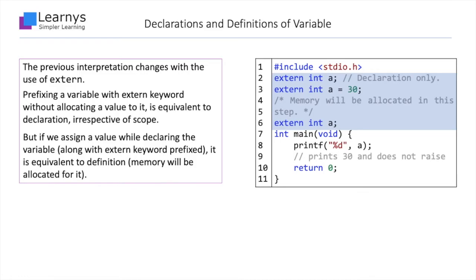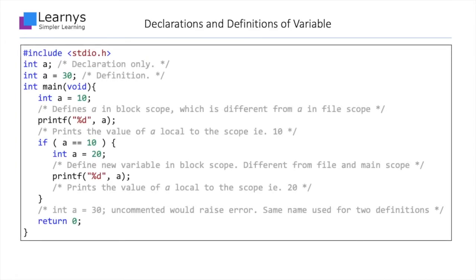All the concepts we have looked through before can be combined together in an example. The statements at the file scope, that is lines 2 and 3, are the declaration and definition of variable a. Line 5 creates variable a in the main function block scope. It doesn't contradict the earlier definition as these are different scopes. With the if statement, we create a new scope where we create a new definition for a, which expires with the execution of the if statement block. If we create a variable at line 17, it creates a variable in the main scope. This contradicts the earlier definition and would generate an error.